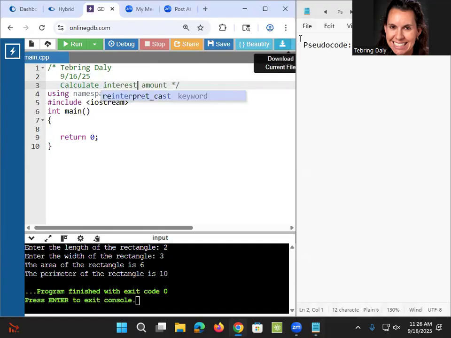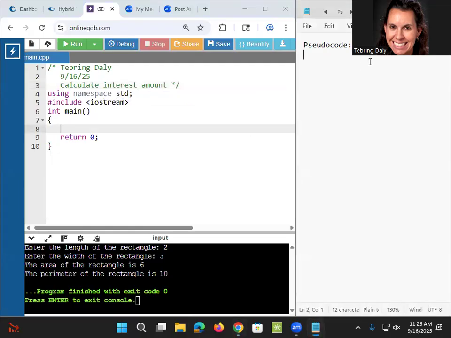Sorry. We're gonna have the amount you want to take out for the loan, the rate, and the number of years you want to take it out, and then we're gonna calculate simple interest. Okay. So we need to get those three pieces of data from the user. We need to know the loan amount, the years, and the rate. So we are gonna say something like input loan amount,